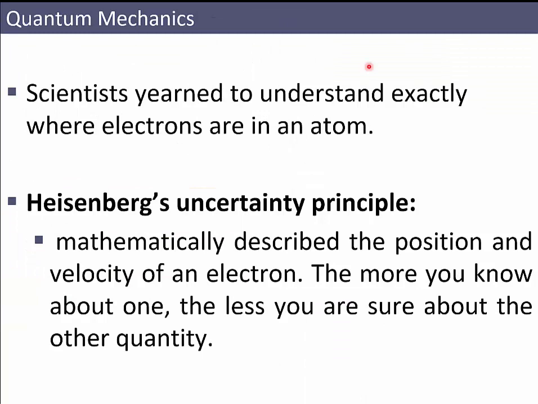Okay. So scientists want to know exactly where the electrons are in an atom. The problem with that is we run into something called the Heisenberg uncertainty principle, which mathematically describes the position and velocity of an electron. The more you know about one, the less you know about the other. So if you know where the electron is, you don't know how fast it's going. If you know how fast it's going, you don't